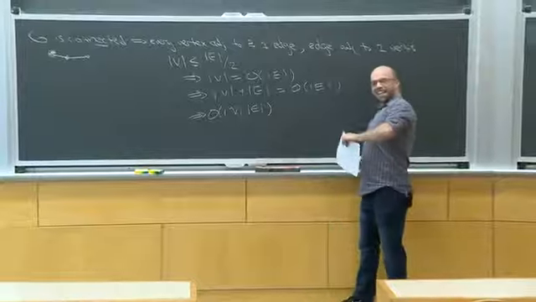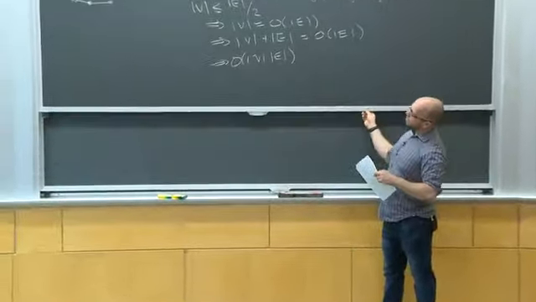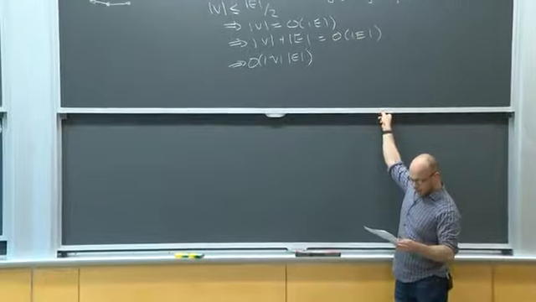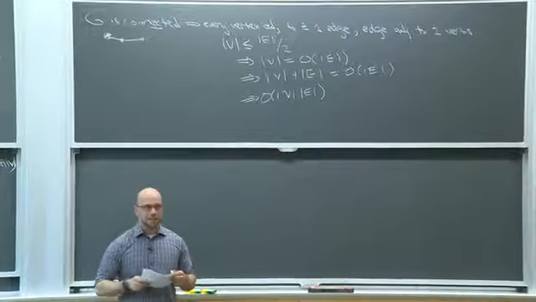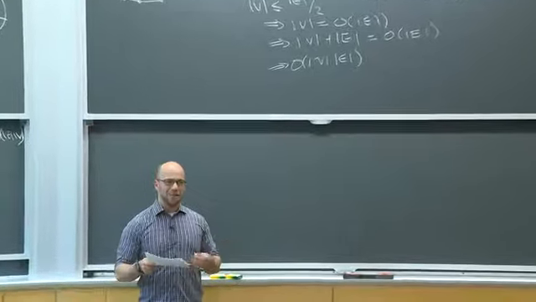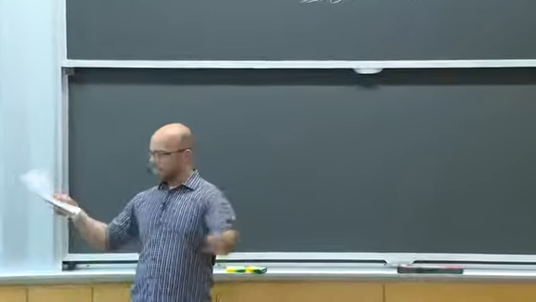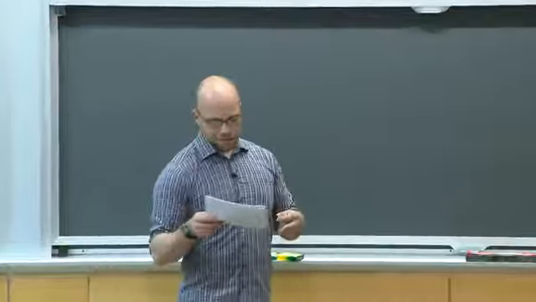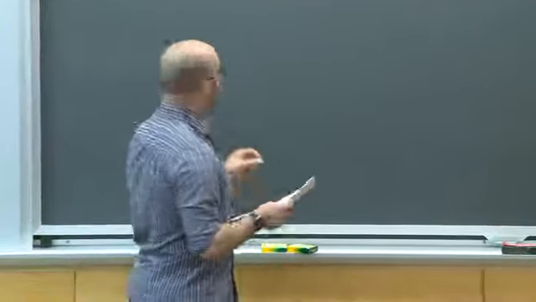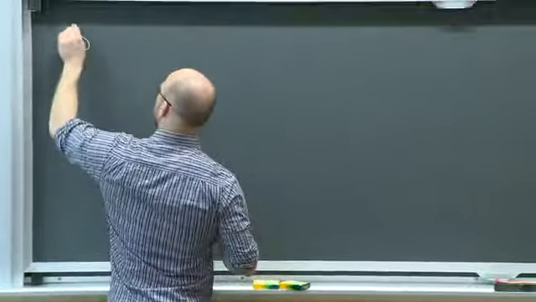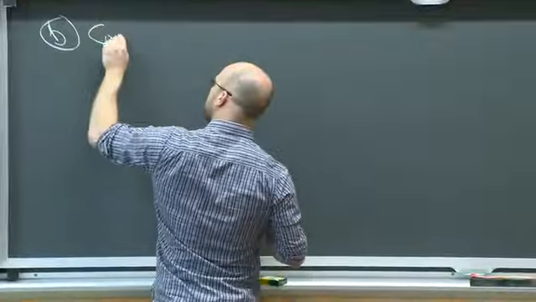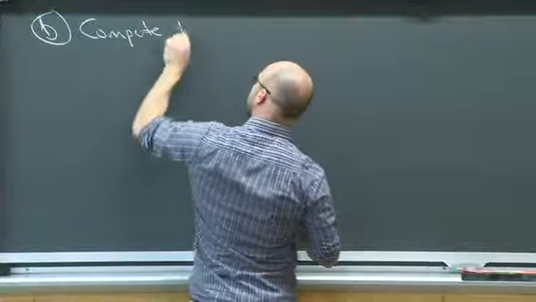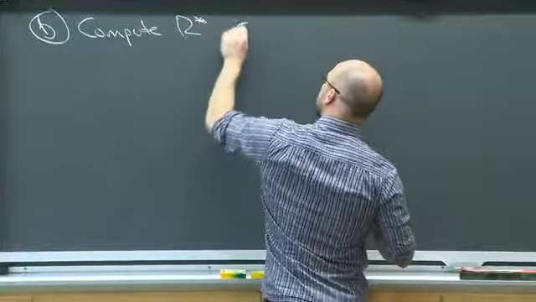Cool. All right, so now let's take a look at part B. So in part B here, they ask us to basically do some version of the same thing, right? They want us to now approximate the radius, but we're given a smaller budget of time. So now what we want in part B here is to compute an R star such that